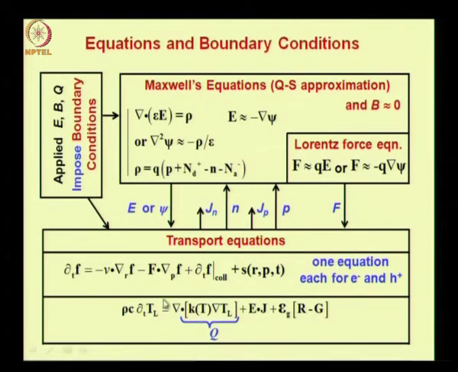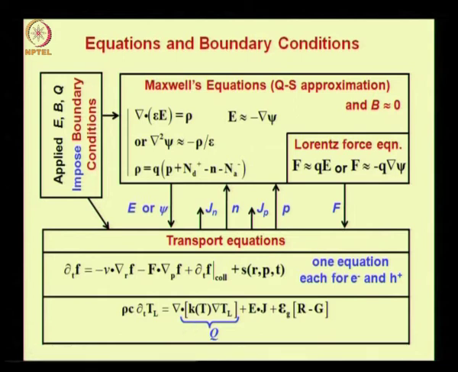There is another way to look at this lattice heat equation. The term rho c T suffix L can be seen to be heat energy density. The left hand side is the time derivative of heat energy density, and the first term on the right hand side is spatial derivative of heat energy flux. This equation can therefore be called lattice energy balance equation in analogy to carrier energy balance equation, which we shall consider in the next lecture.